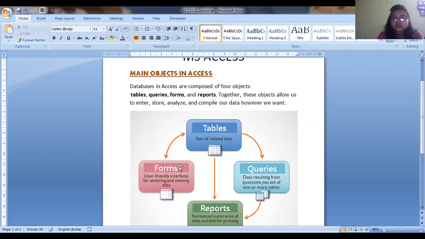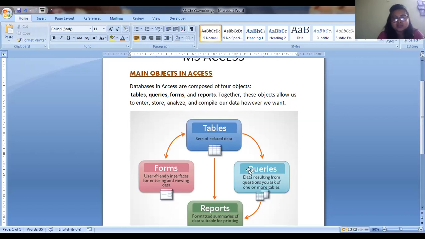The last object of Microsoft Access is forms. Forms are nothing but a user-friendly interface, which helps the person to use it more easily. I'm sure you must have filled a number of forms, maybe an examination form recently, or an entrance exam form, any type of form. The form which requires information in a systematic order is referred to as a form, where you need to put in the data. So you need to create a particular form through particular tables.